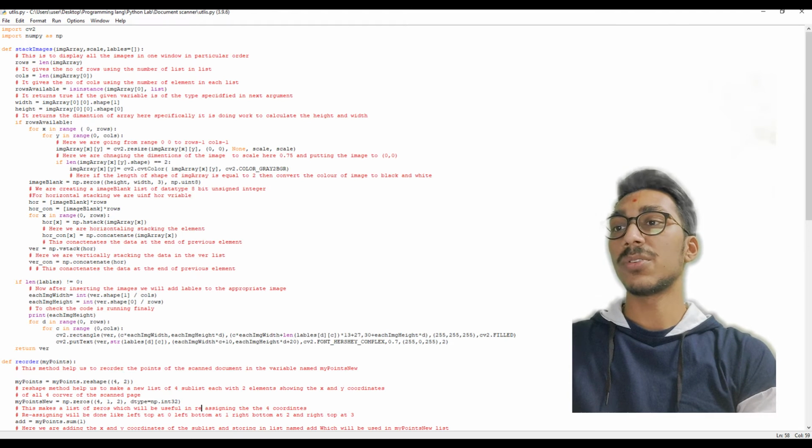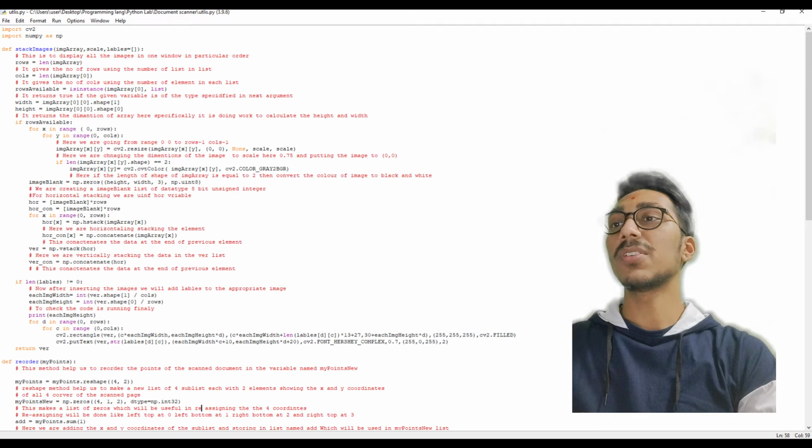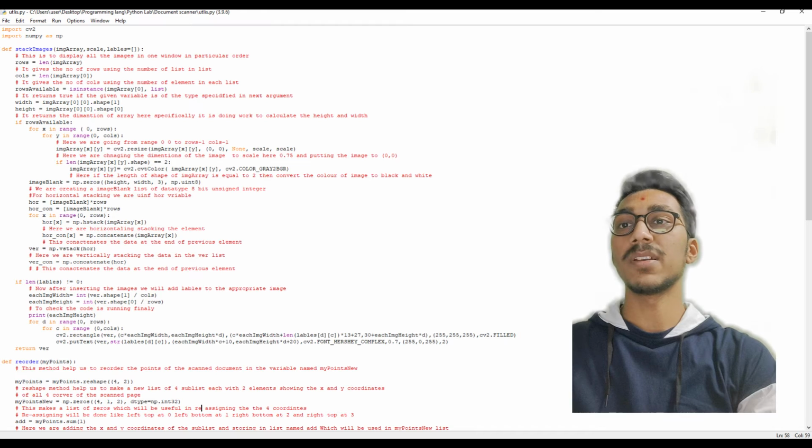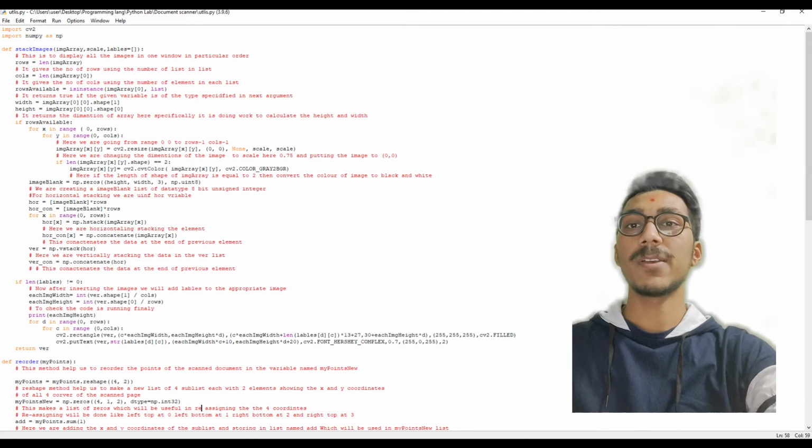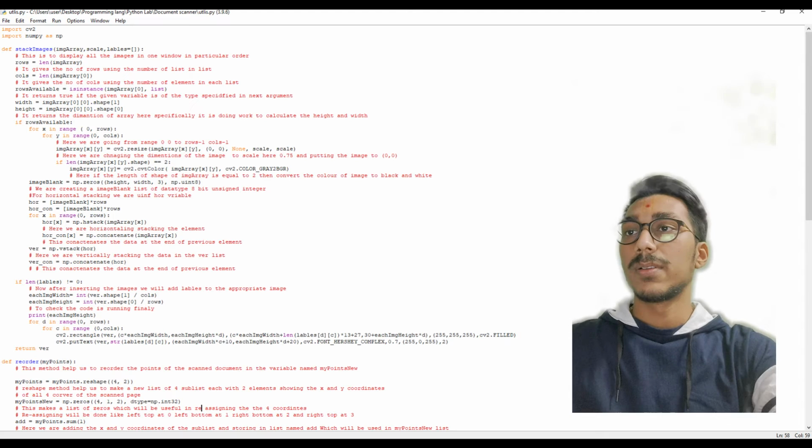For d in range 0 to rows, for c in range 0 to cols, we are going from 0,0 to rows minus 1 and cols minus 1. Here again cv2 dot rectangle vertical, c multiplied by each image width comma each image height multiplied by d, c multiplied by each image width plus length label dc multiplied by 13 plus 27, 30 plus each image height multiplied by d, 255 255 255, cv2 dot filled.